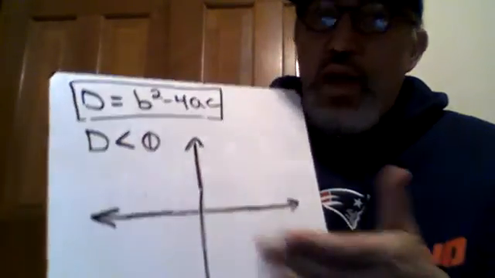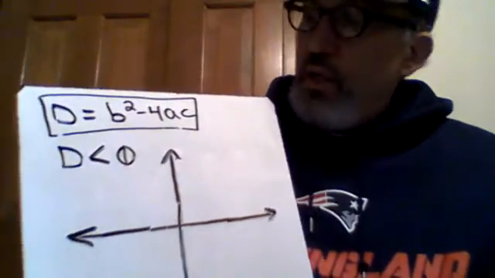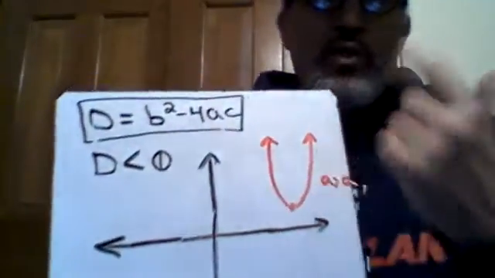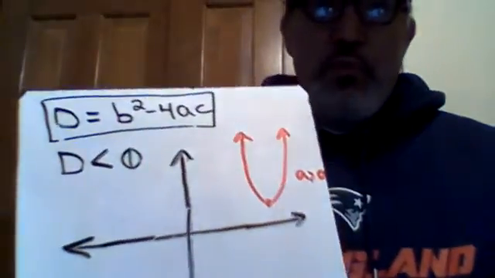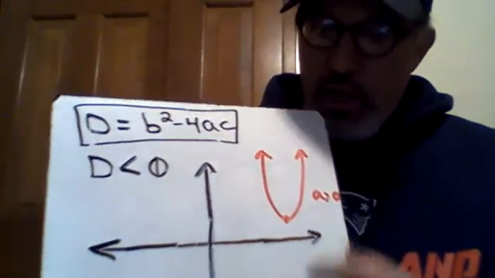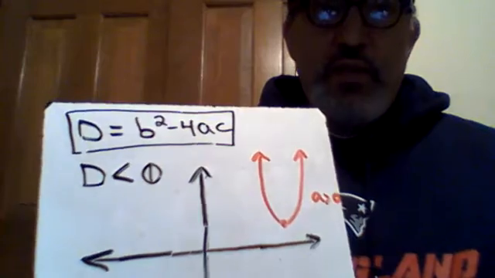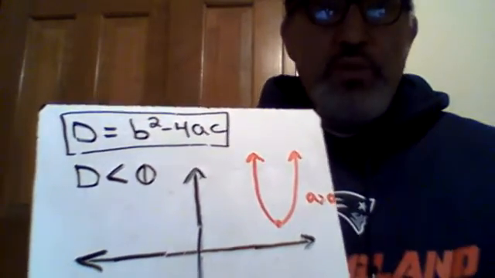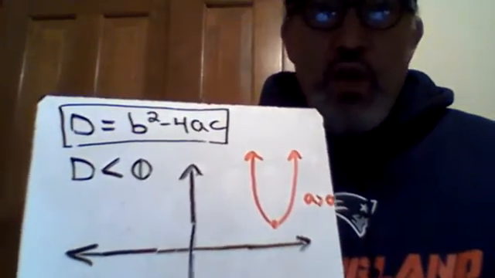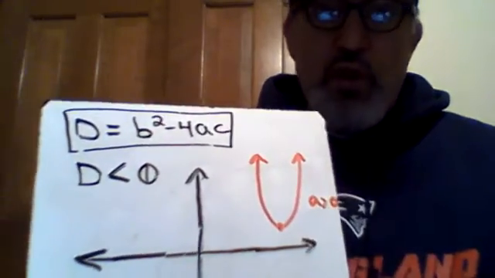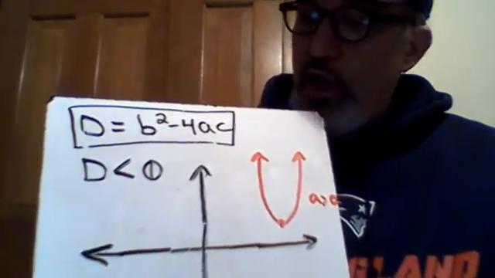So what happens graphically when the discriminant is negative? Well, one of two situations. One situation is this, and again, this parabola is opening up, so the A is greater than 0. But what's going on here graphically? The vertex is above the x-axis, and the parabola opens up. It'll never cross the x-axis. This graph will never cross the x-axis. That goes along with the fact that the